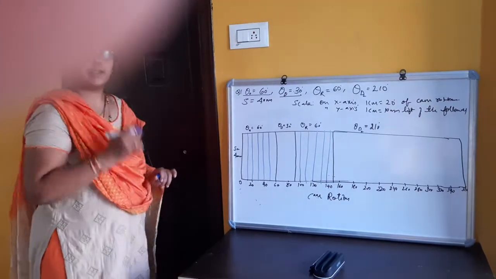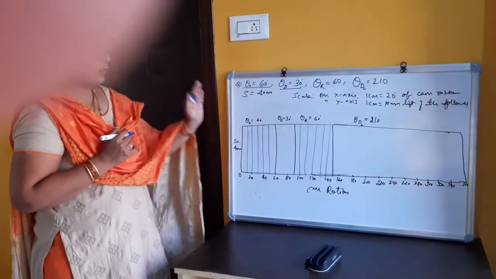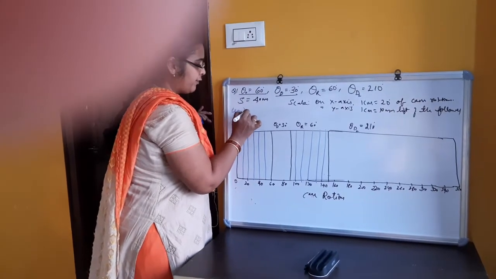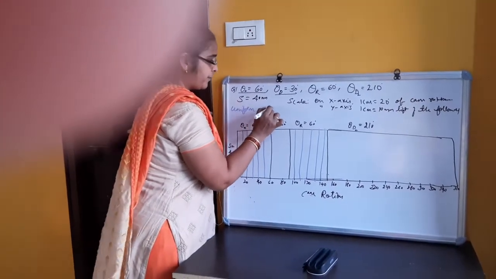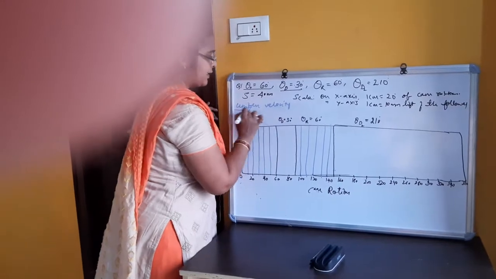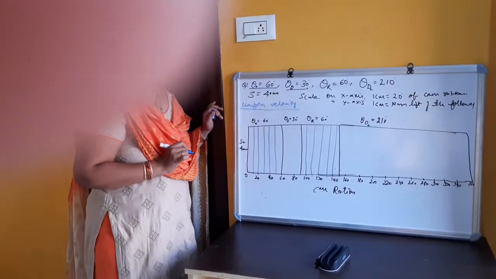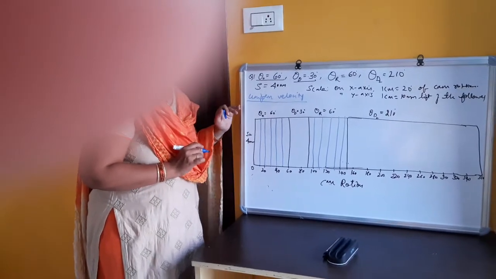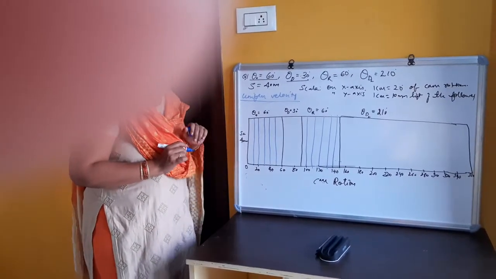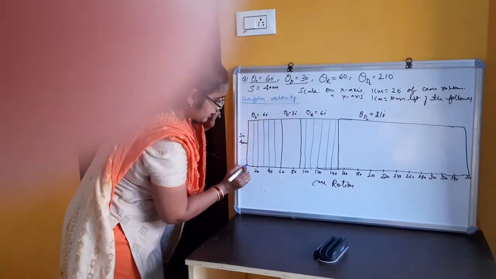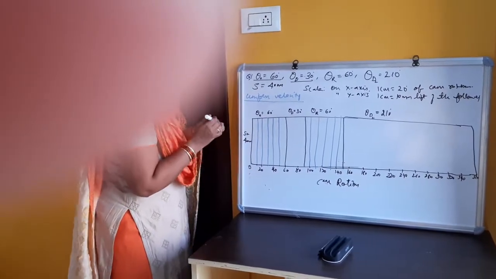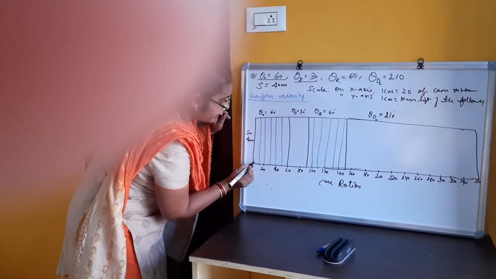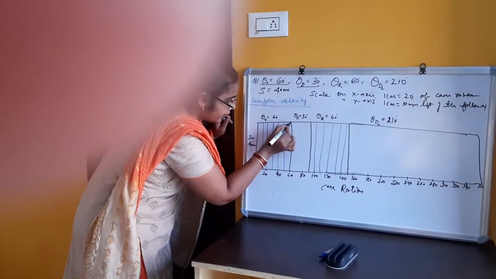Okay, fine. Now, when the follower is moving with uniform velocity, it's the simplest method of construction of the follower displacement diagram. You are going to just join the opposite two points. You can connect this point with the opposite point.